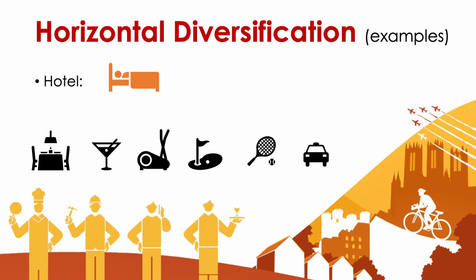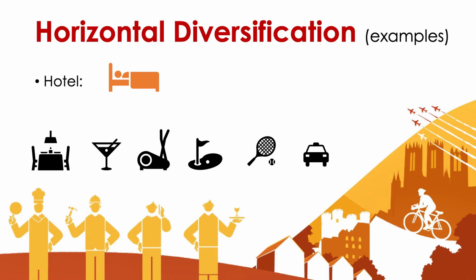A hotel, the purpose of a hotel is actually to allow somebody to sleep overnight. But what you'll see most hotels have done is they've diversified horizontally. They've recognised that people who sleep at night also want to eat a meal, and they might want to have a drink in a bar. They might want to exercise in a gym, or depending on the type of hotel, play a round of golf or play some tennis, and they might need transfers. That is diversification. The main focus is on accommodation, but the hotel has diversified different products and services for